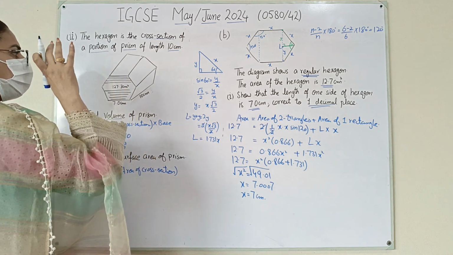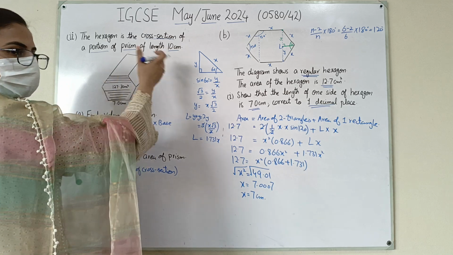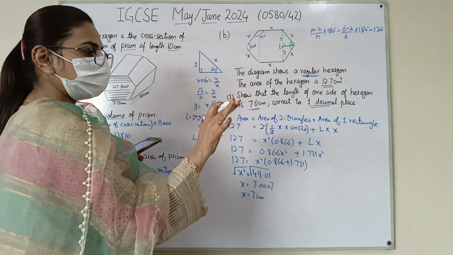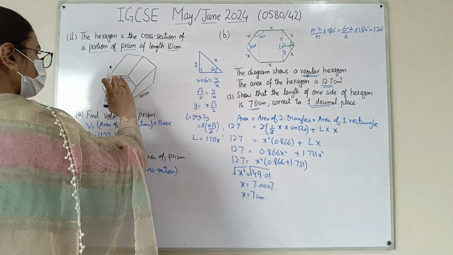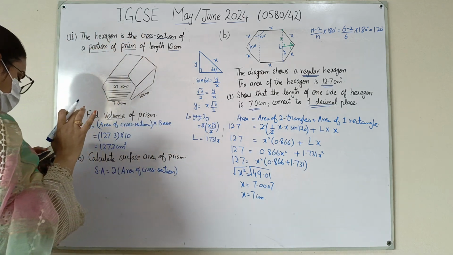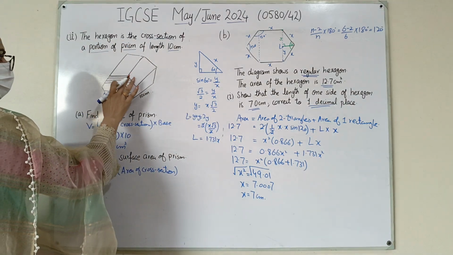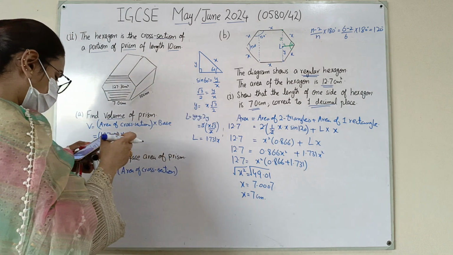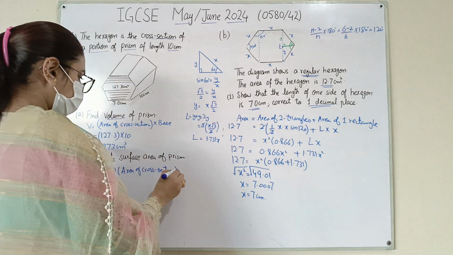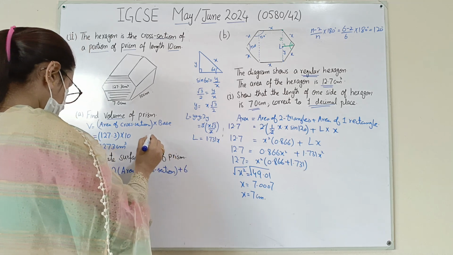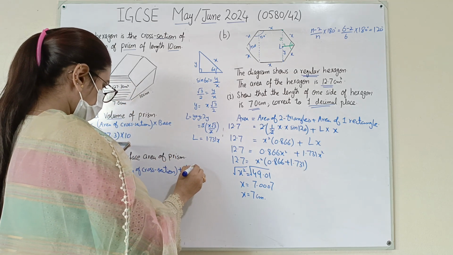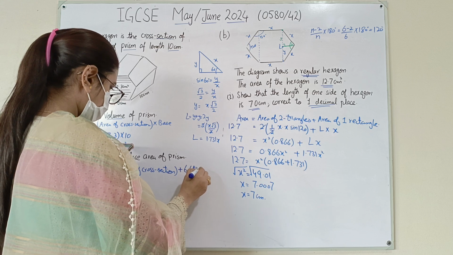If this is the front part, the back side will also be the same, na? Both the sides. If this is the shape, this one will also be the shape, so its shadow will be at the back side. Means you will have twice this area, one at the front and one at the back of the figure. Plus you have 6 faces. So 6 into the area of each face,